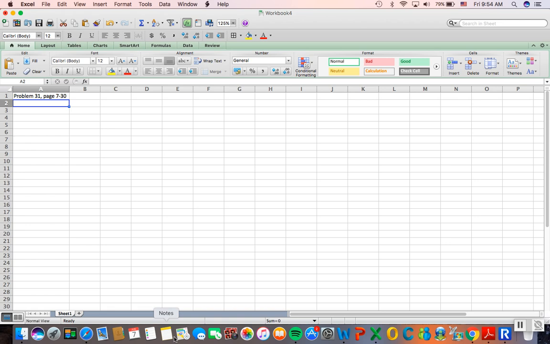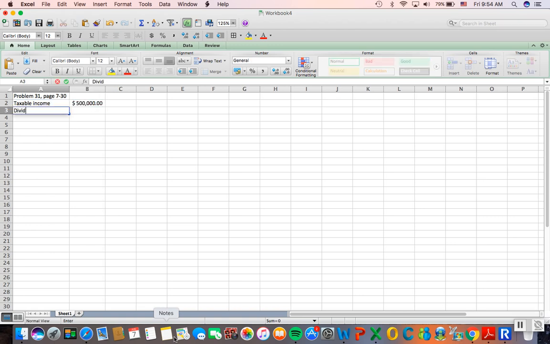distributed to Sven? So just a quick refresher, the corporation is reporting taxable income of $500,000 and they are distributing a dividend to their sole shareholder in the amount of $100,000. So we're going to look at how that affects the tax liability owed to both the corporation and to the